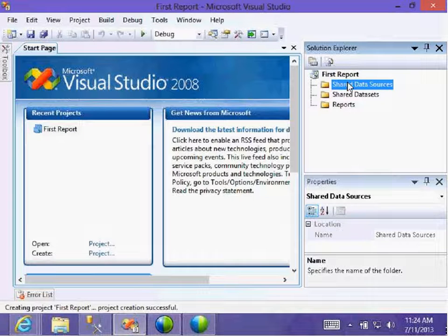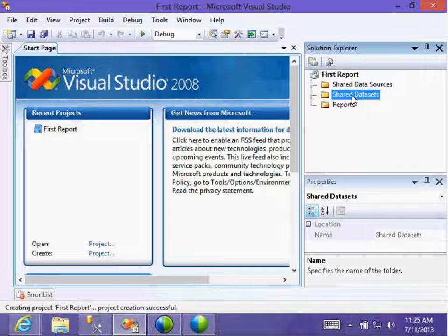Now, there is a term called shared data source. There is an opportunity to use one data source for multiple reports. I can develop hundreds of reports using the same source for 100 reports. If you want to use a data source for multiple reports, that is called a shared data source. If you want it separate, call it an embedded data source, which is along with the report.